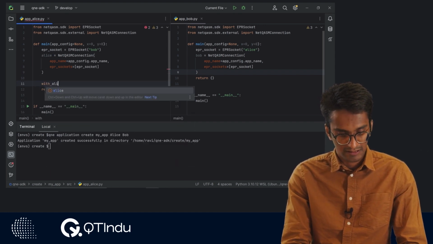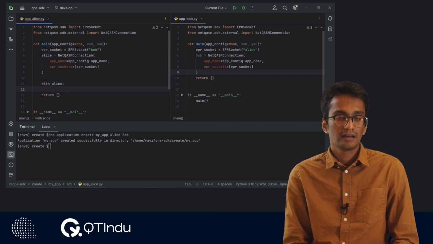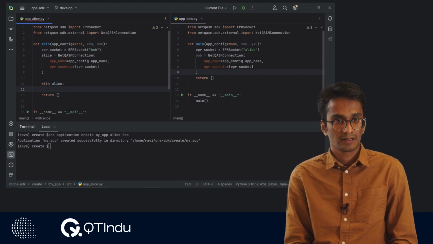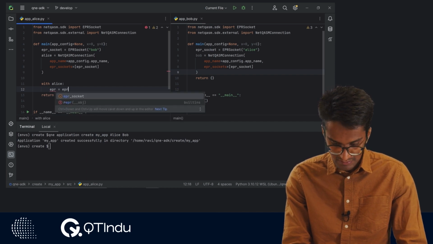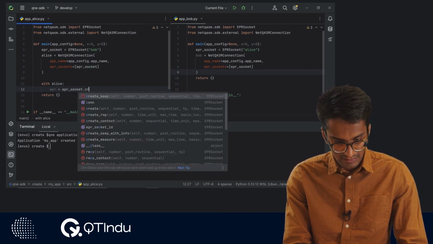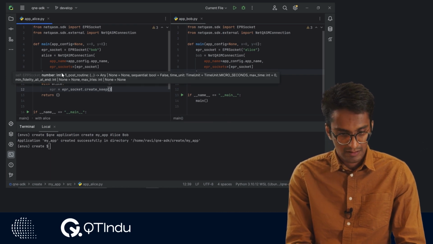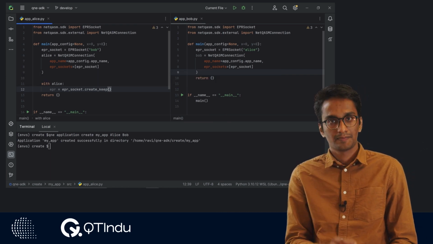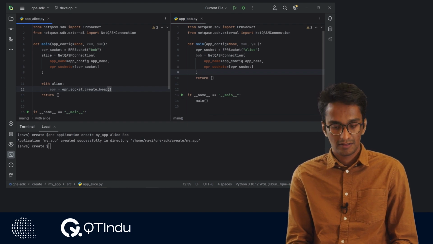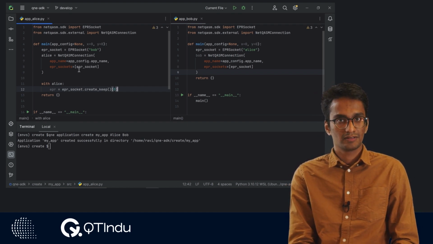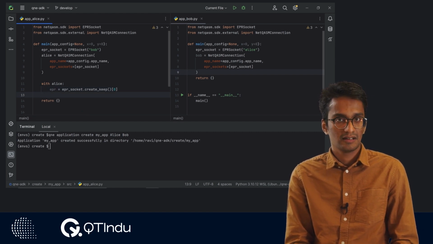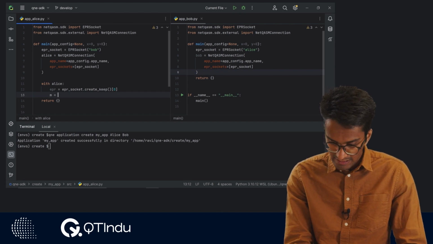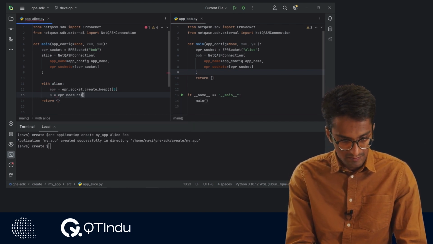We start off by applying the with statement. And now we create an EPR pair. In this application, I've chosen Alice to create the EPR pair and Bob to receive it. So EPR equals EPR socket dot create keep. Now this will actually return a list. We are interested in just the qubit, so we extract it by typing in zero index. Alice is now going to measure it and save it into a variable called m. M equals EPR dot measure.